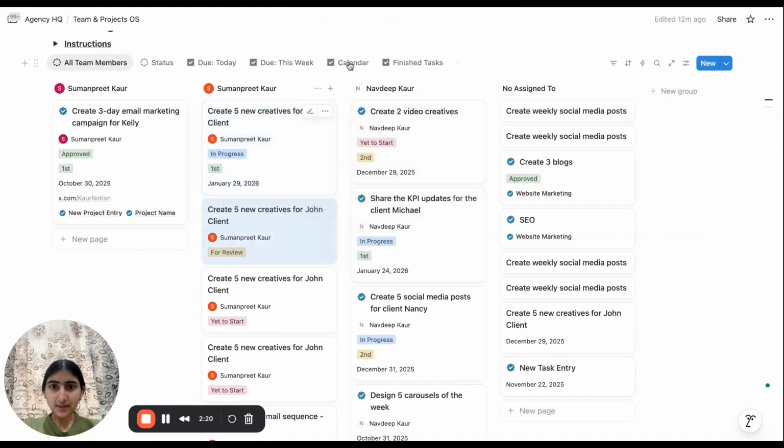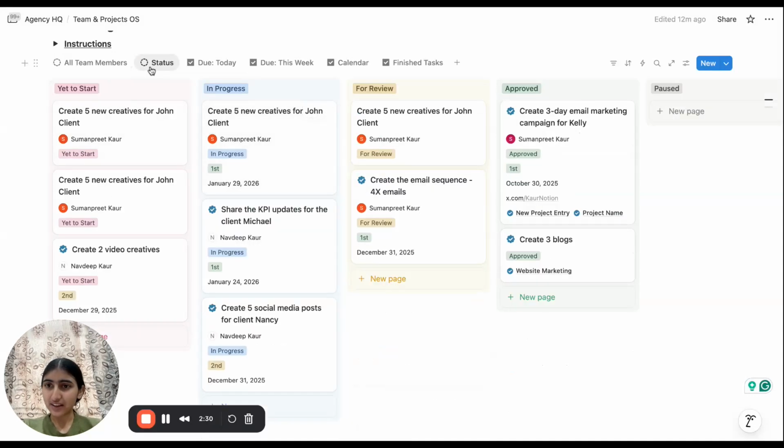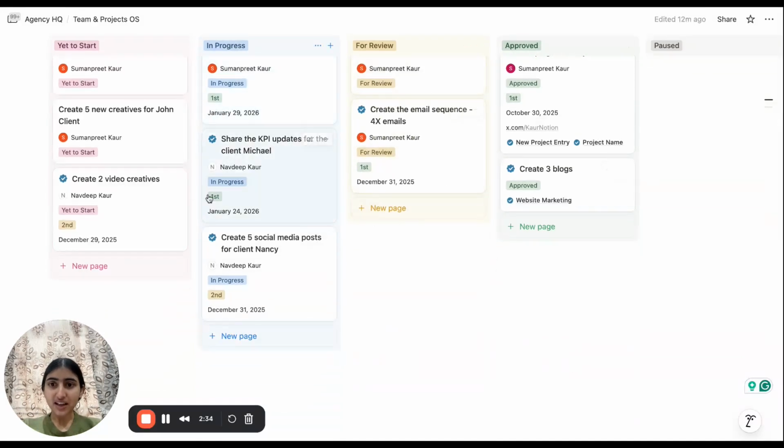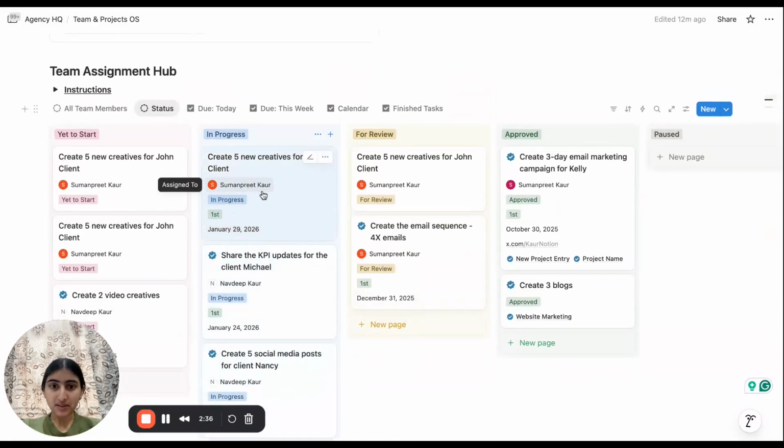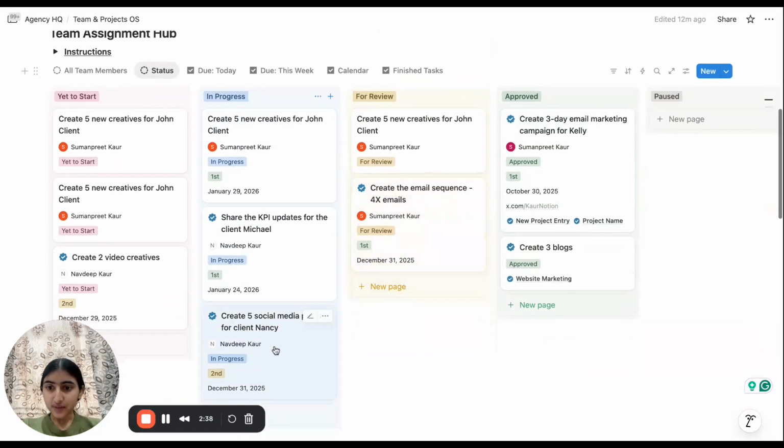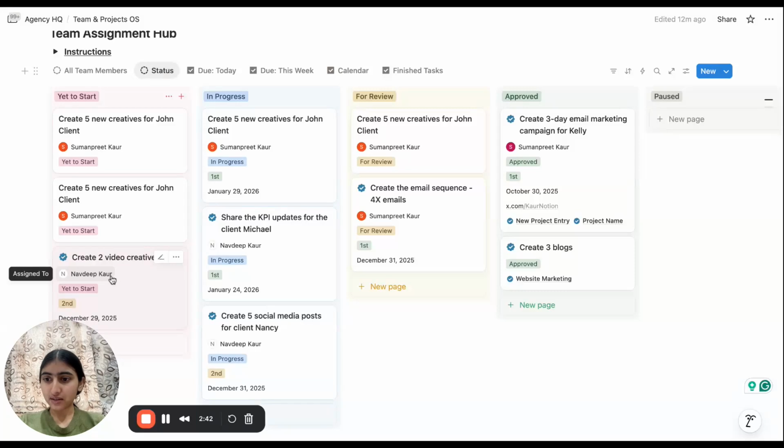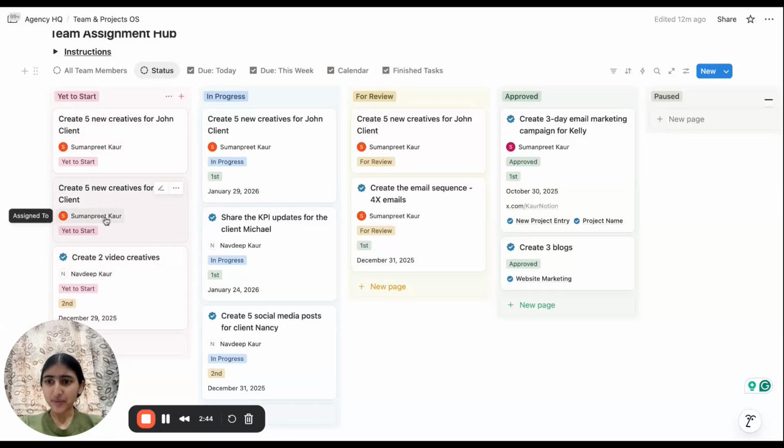Next, let's say this is according to your team members. Now you want to have a look at all of the task assignments according to the status. Then you can go to the second view. Here you can see all of the tasks assigned to all of your team members. I have added random example names which I have inside my Notion workspace.